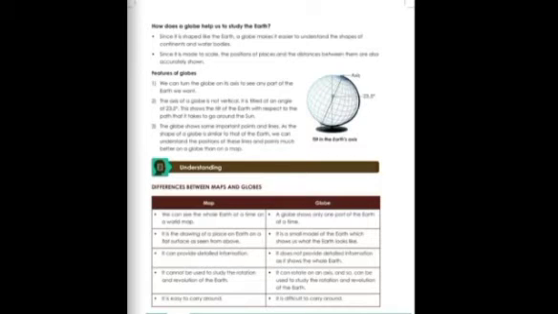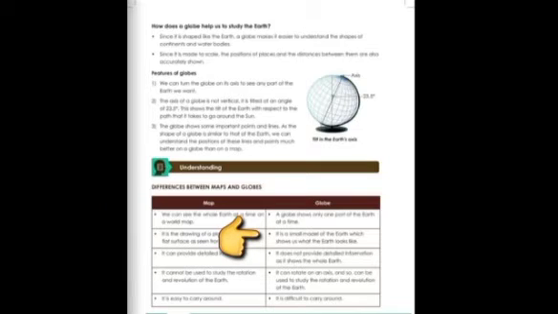We can easily understand the difference between a globe and a map with the help of this table. First, we can see the map and globe headings. First of all, we can see the whole earth at a time on a world map. A globe can show only one part of the earth at a time. It is the drawing of a place on the earth on a flat surface as seen from above.